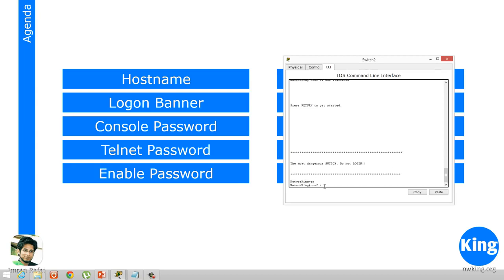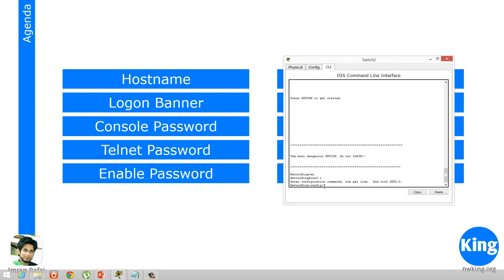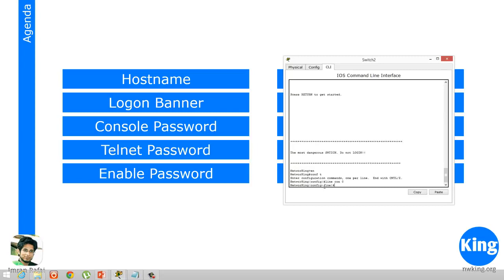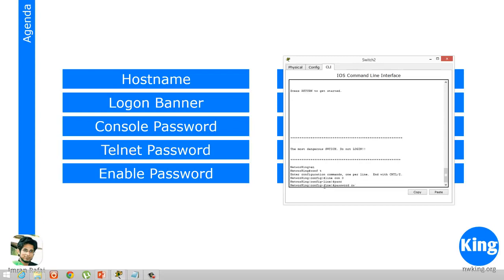So hit enter, conf t, right? Then we'll go into line console 0, right? There is only one console, so that is why we do console 0, because everything in a Cisco device starts with 0. So the first is always 0 and then it goes on. So we have only one console, so it is line console, right? Here we say password Cisco,